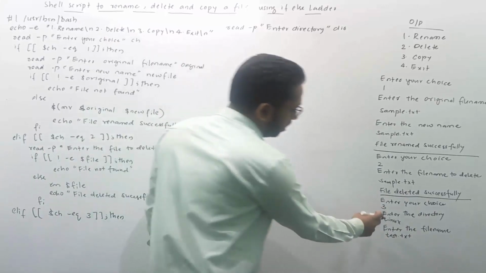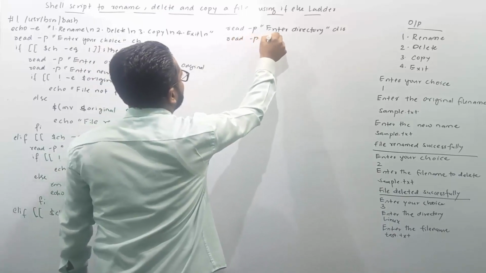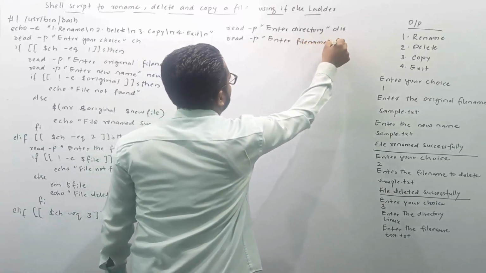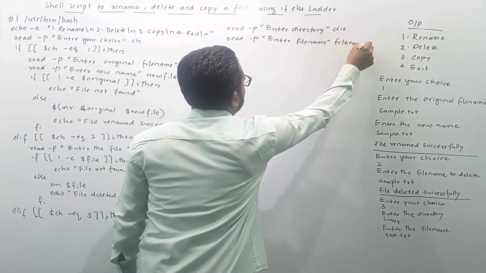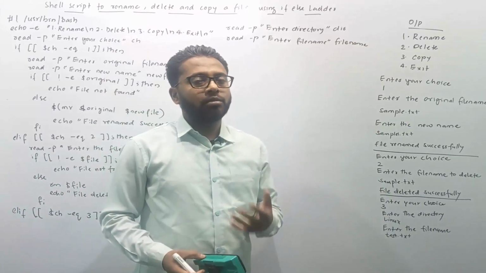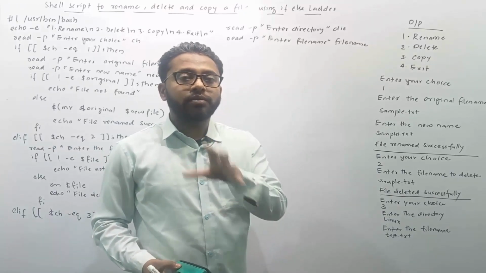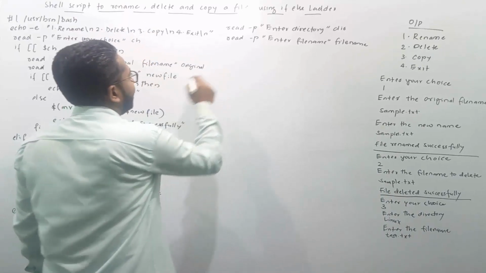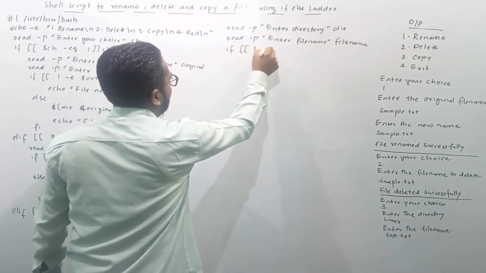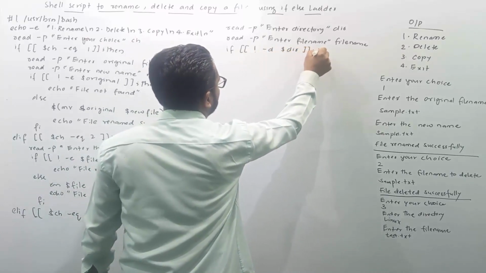Okay, next I want to ask the user to enter the file name. Read -p, enter file name. It is the name of the file, file name. Now user has entered the name of the directory as well as the name of the file. Now I need to check whether the directory exists in the system as well as the file exists in the system or not. So to check that, I will use an if condition. If not -d $dir